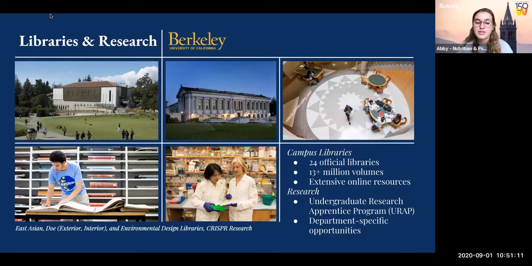And then in terms of research, that is actually a huge part of a lot of people's academic careers on campus. So we have the Undergraduate Research Apprentice Program that's available for all students to apply to. Different semesters have different rounds of application cycles, but this is a very, very easy resource for people to access, a really easy portal to navigate, and you can apply to up to 3 programs that different professors are conducting